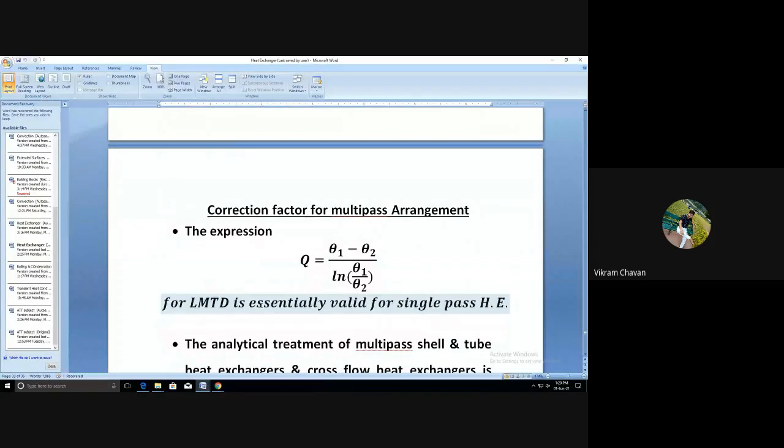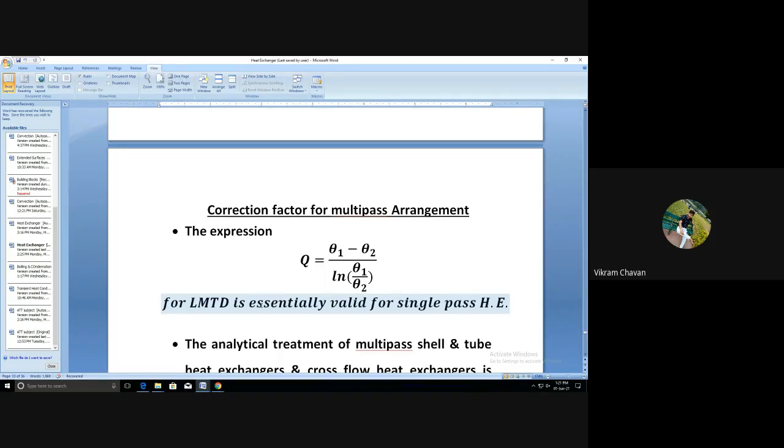Great. So in the last lecture, we discussed the fouling factor, and what the fouling factor will be for tubular exchangers. On the basis of the overall heat transfer coefficient, what will be the overall heat transfer coefficient on the basis of the external surface if you consider the fouling factor, and what will it be if you consider the internal surface, and if you are considering the fouling factor. Okay, so that we have discussed in the last lecture.